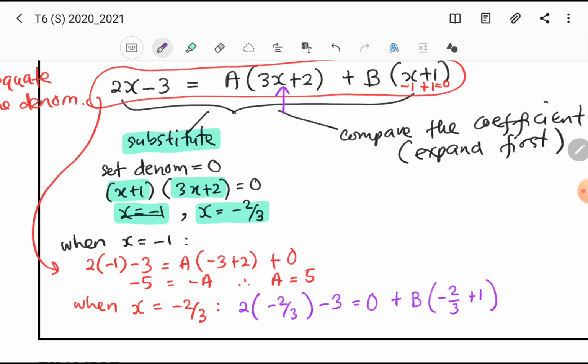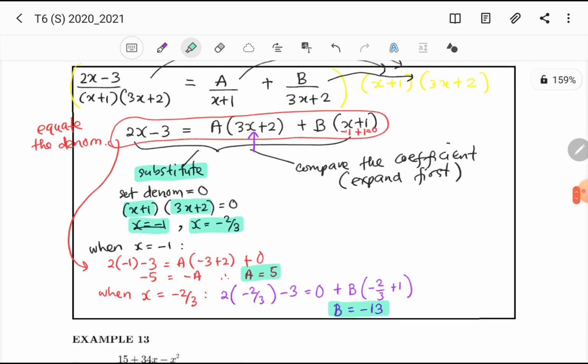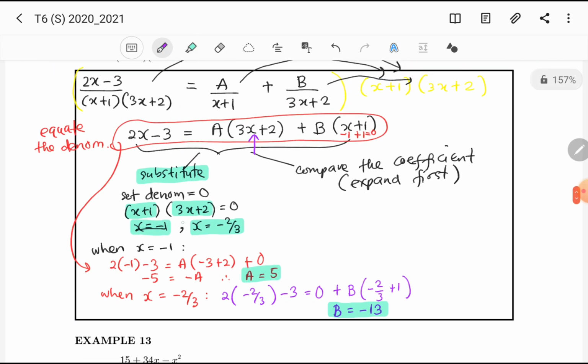Okay. So, kalau awak kira, awak akan dapat B equals to negative 13. So, saya dah ada dua jawapan lah. A is 5, B is negative 13. Okay. And as the final answer,